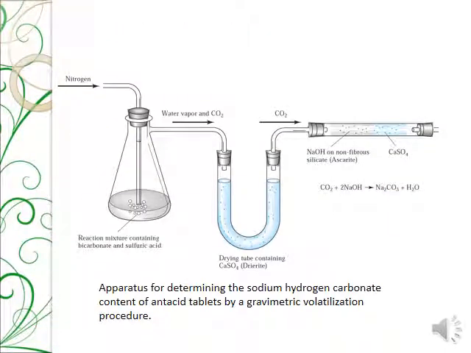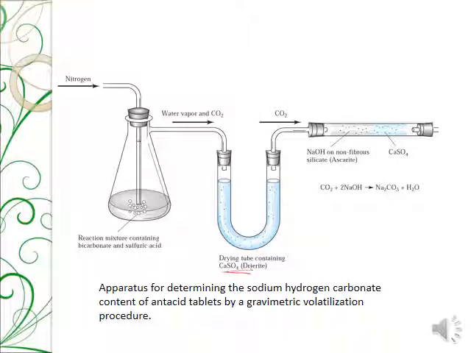This is an apparatus to determine the sodium hydrogen carbonate content of antacid tablets by a gravimetric volatilization procedure. The reaction mixture contains the bicarbonate and sulfuric acid. This reaction will produce water vapor and carbon dioxide, and at the same time nitrogen flows inside the reaction chamber. So these are the products produced, water vapor and carbon dioxide. These products will go through a drying tube containing calcium sulfate, or Drierite,